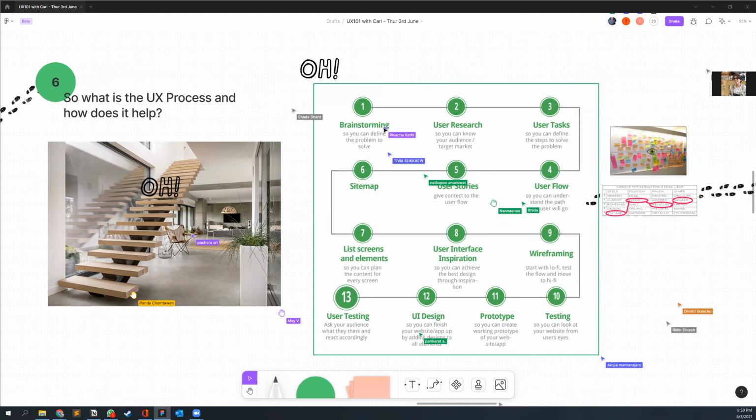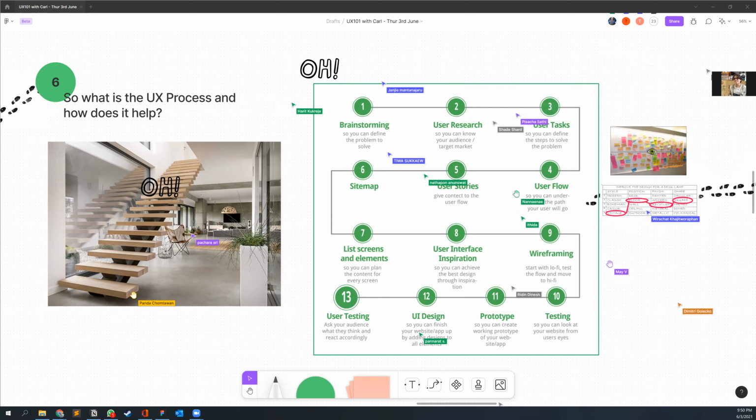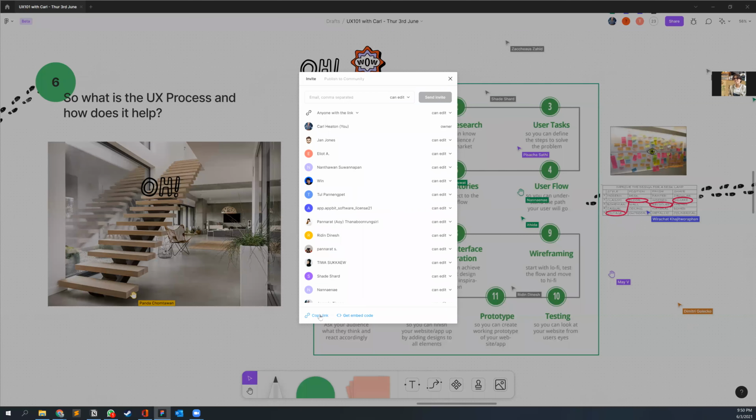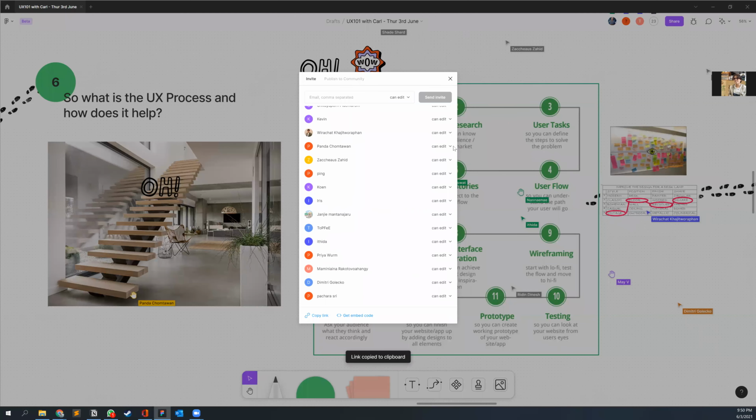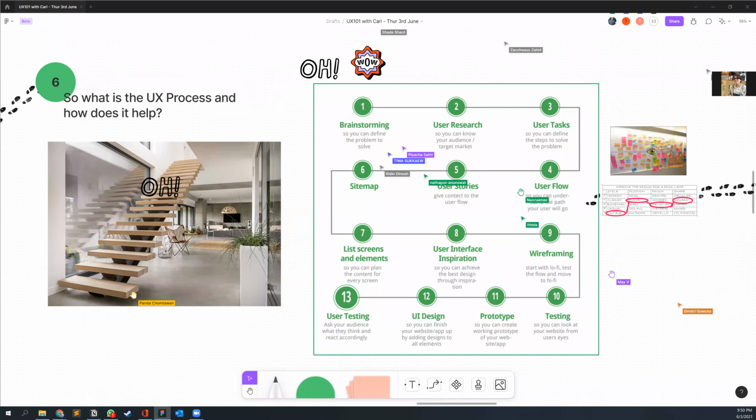The next stage is we want to do some user research, asking people what they want. Do people know what they want? Not always, but what you can do is learn from that, which is really great. The next thing we can do is things like user tasks. User tasks are very important because if we don't allow people to,